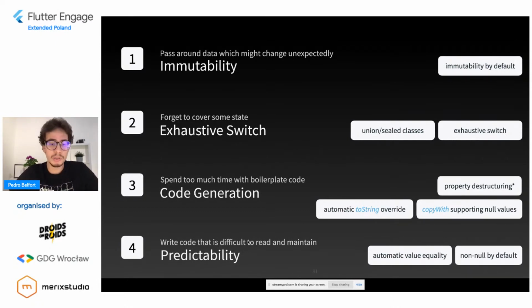And your code is going to be much more predictable because you have automatic value equality, and the properties are non-null by default. So you don't have to rely on conventions anymore. If you're using freeze, you can be assured that you're going to have this set of behavior for sure.